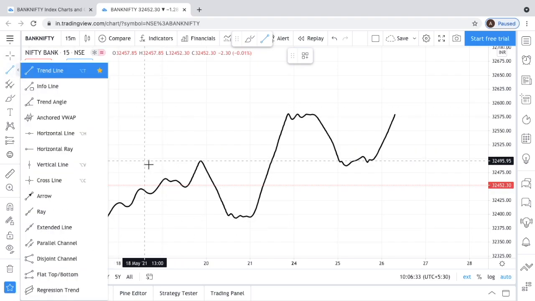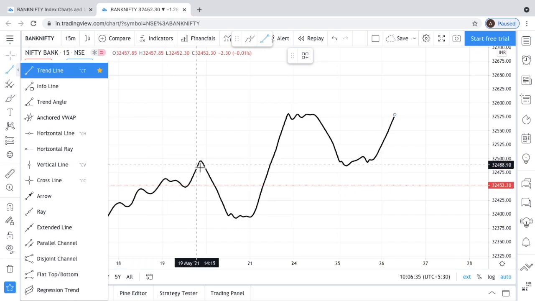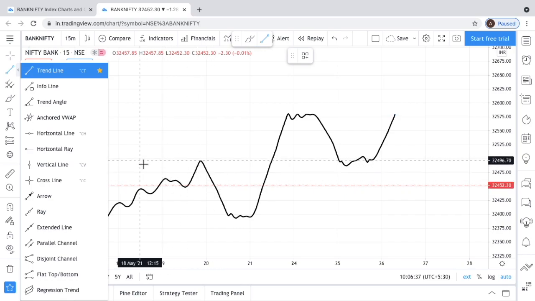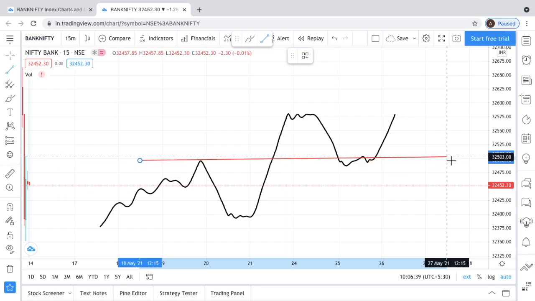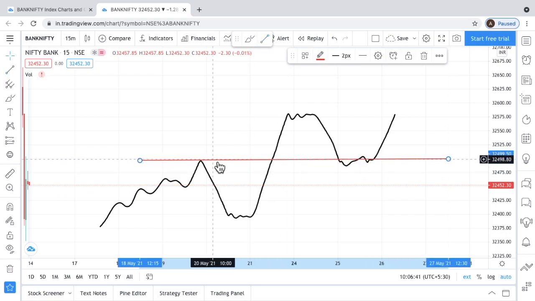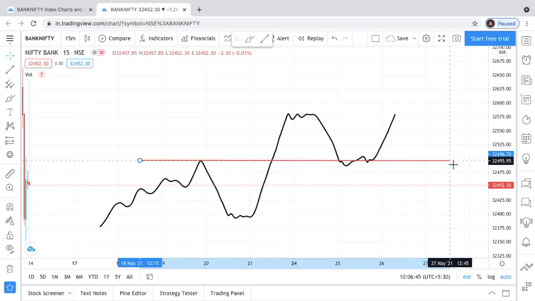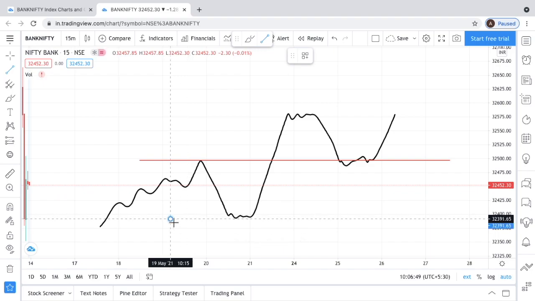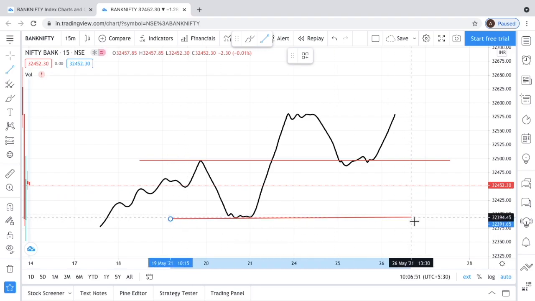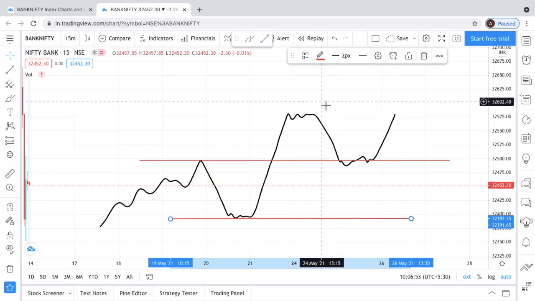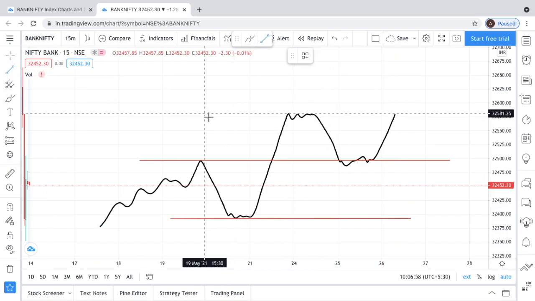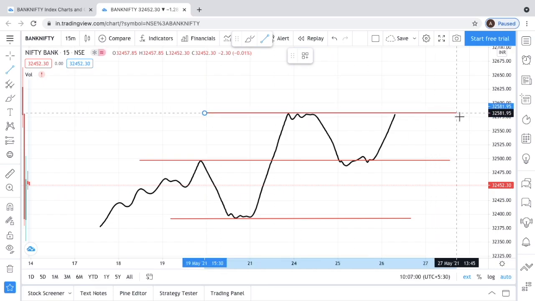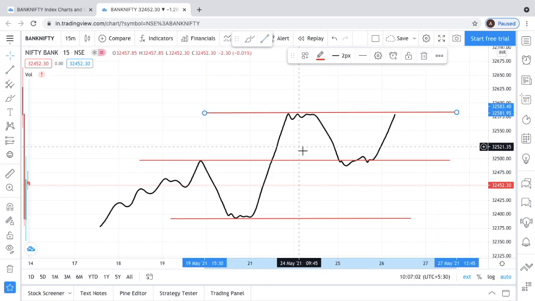So once the price came to this point and reversed, we will mark it as a resistance. Let me just make it a straight line. And over here the price fell and reversed from here, so let's mark this as support and let's mark this level as a resistance. So what happened here is,